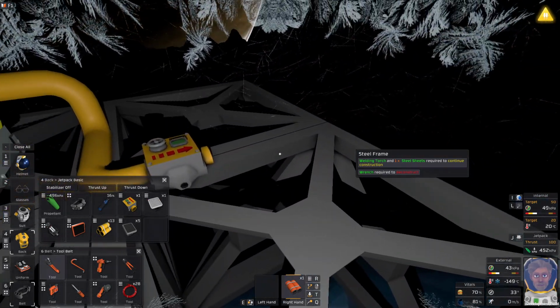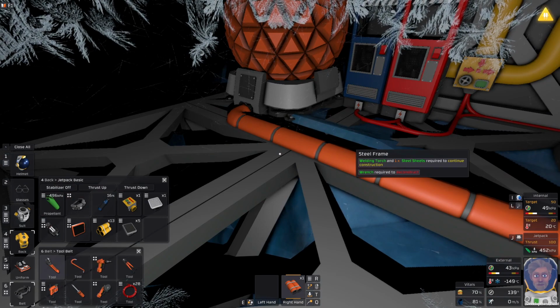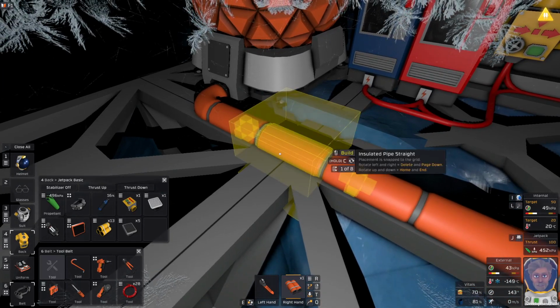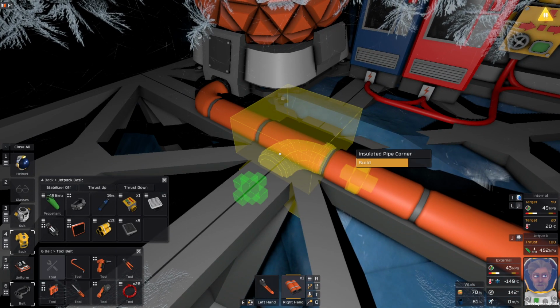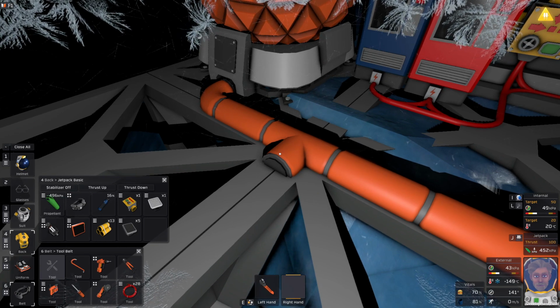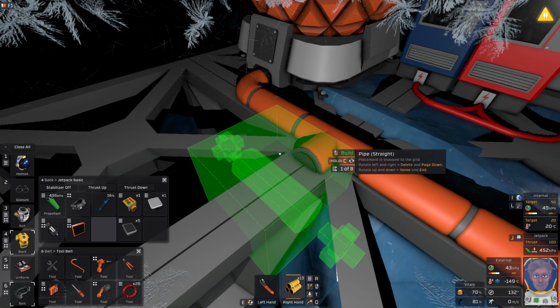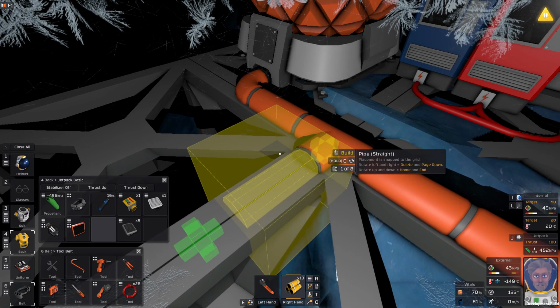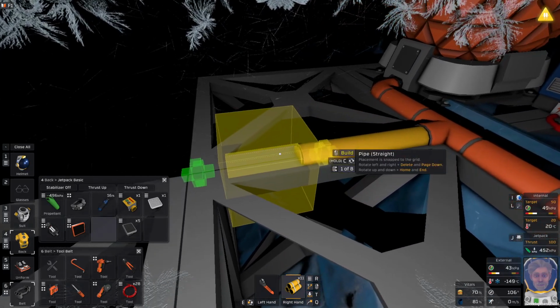Where is my... This is the insulated pipe. Let's first check. I would like it to go here, please. Come on, wrench. Yes. And not like that, not like that. Like this. Perfect. And now let's see if I can connect the regular pipe to the insulated pipe. I can. Wonderful. So let's just take the pipe over